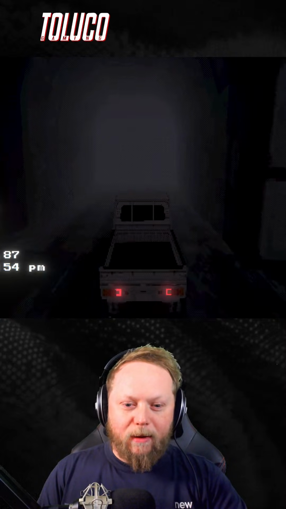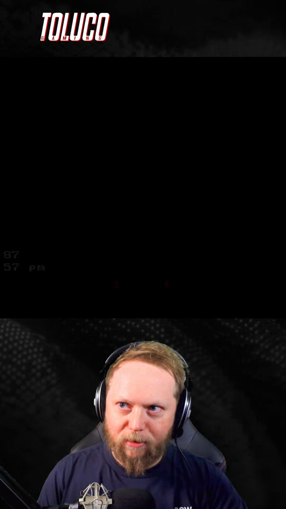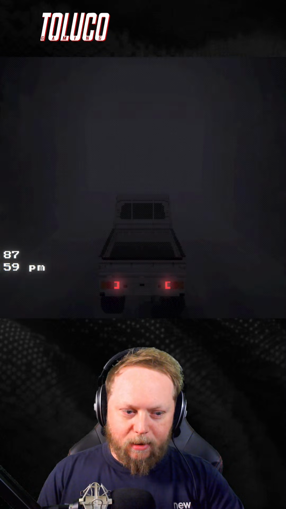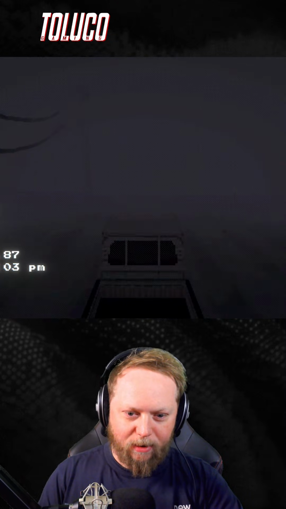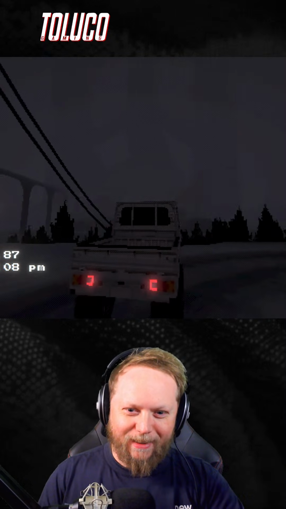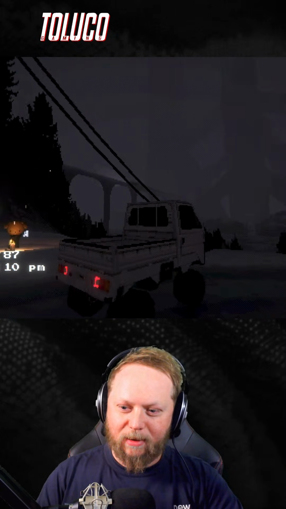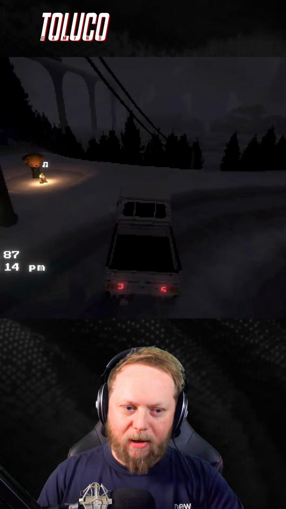Right, we're gonna go through this tunnel because this is the next mission, or the end of the game. I think this is the end of the mission. I've got £8. I've got 3/4 of a tank of fuel. I've got some energy. Whoa! Wasn't expecting that. What is that in the distance? There's a guy here with a fireplace.